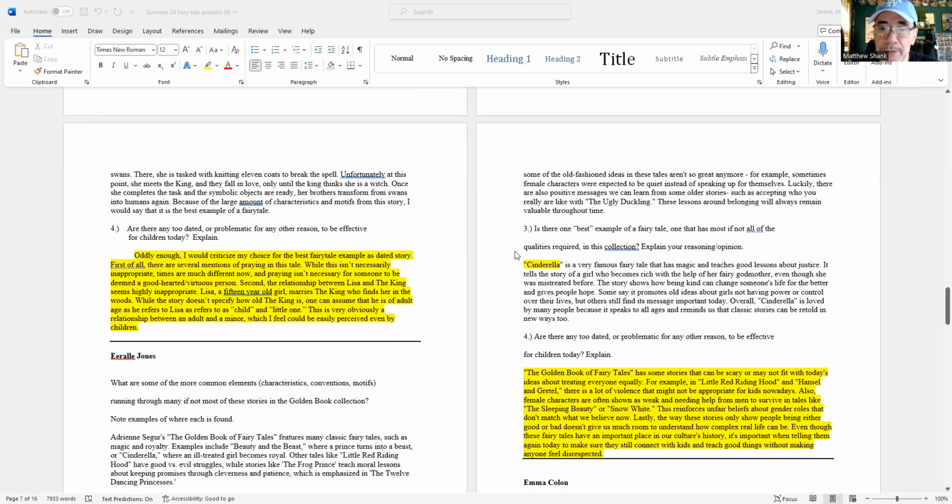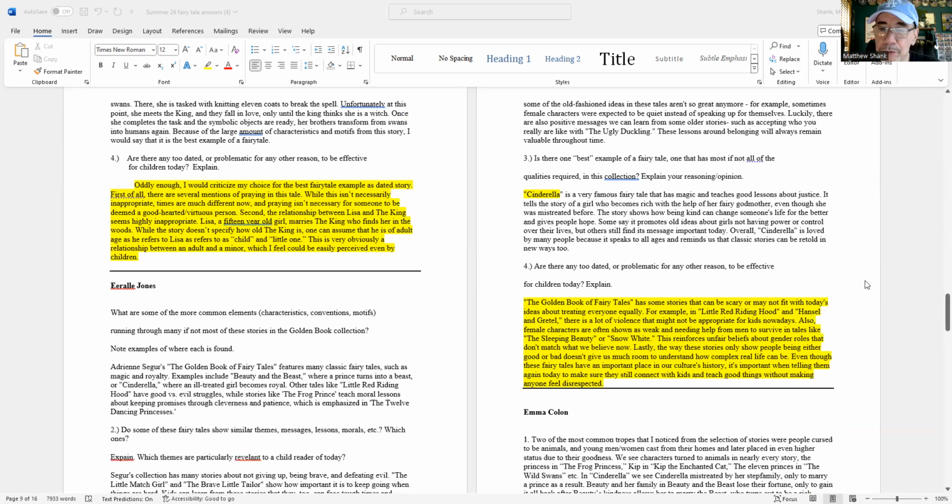Irali did a nice job. He liked Cinderella as his best choice, and he admits that there are some stories in the collection that might be too scary. Little Red Riding Hood, Hansel and Gretel, etc. I don't know if you guys are familiar with this, but there are two different versions of Little Red Riding Hood.